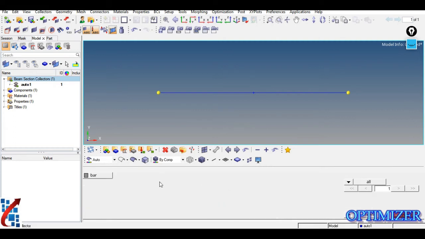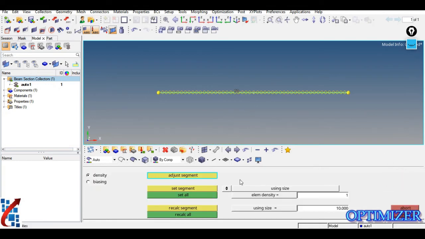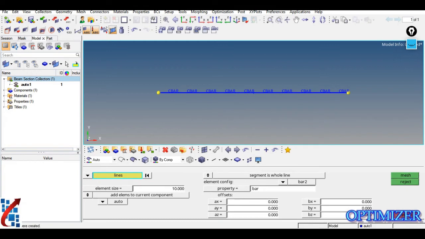One more thing, you need to select a property. Whatever property we have defined, you need to select that here. Now you can select this line and just click on mesh. Here we require only 10 elements, so the element size will be 50, then click on recalculate all and click on return.